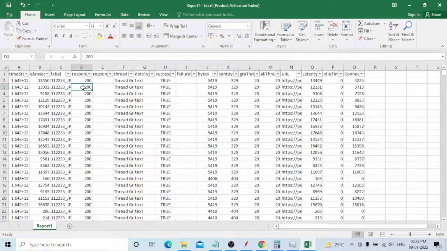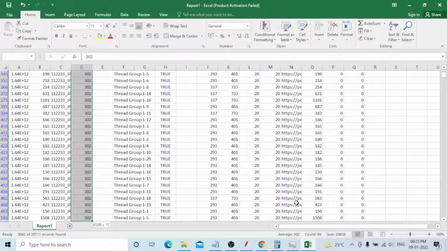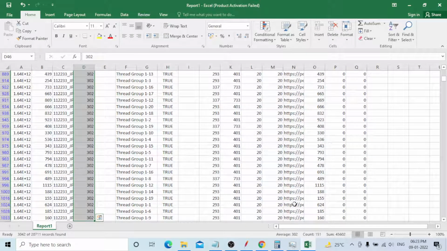Okay, this is the way you need to filter, and for example you need to take how many transactions are 302. Just select with shift and the down key, you can easily move far away. It will take some time, but there is some key, I'm not sure about that one. Once you select it, now you can go here. Not the sum, only count: you can see 151. Average is 302. Count, you need to take 151.